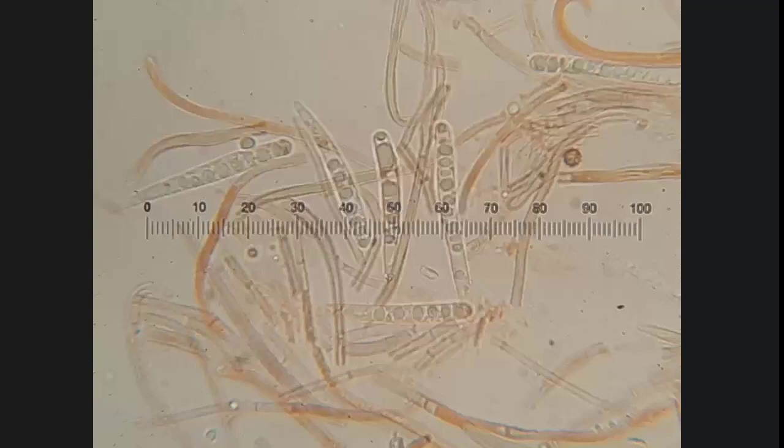And I looked at some reference material, managed to identify it, sent it to Howard Williams, who confirmed the identification. And he said, you better send it to Kew Gardens, at which point I'd run out of specimens. So I was like, I've got nothing really to send them. However, I can go back and have a look. And I went back and I went back and I went back, and I could never find that patch of fungi again until this year, or autumn just gone, where I searched some different areas of the heathland and found